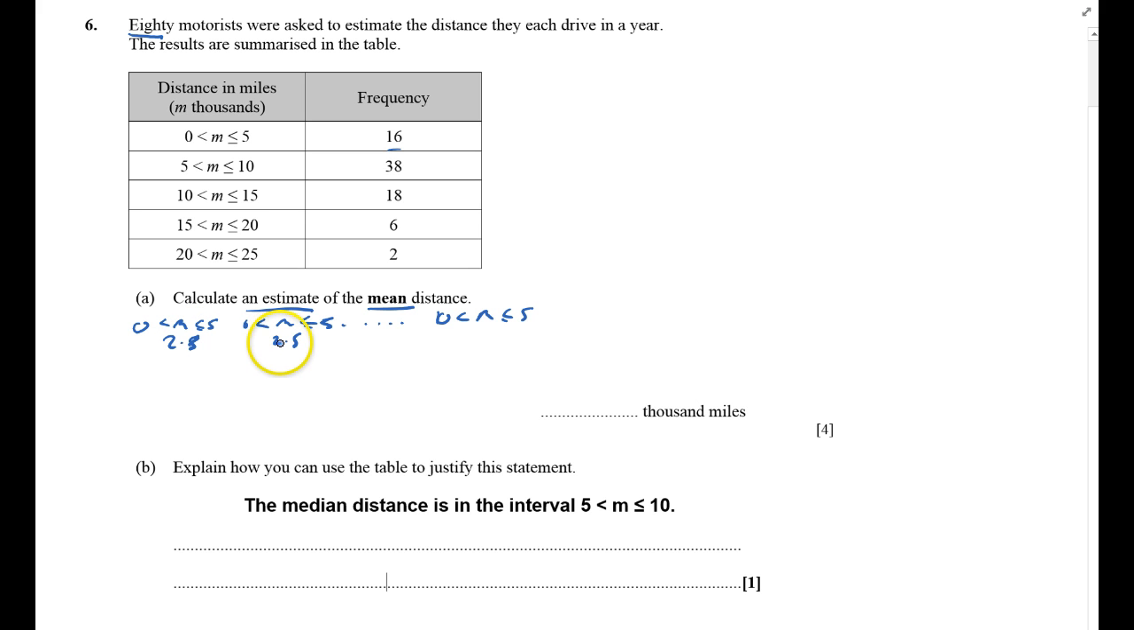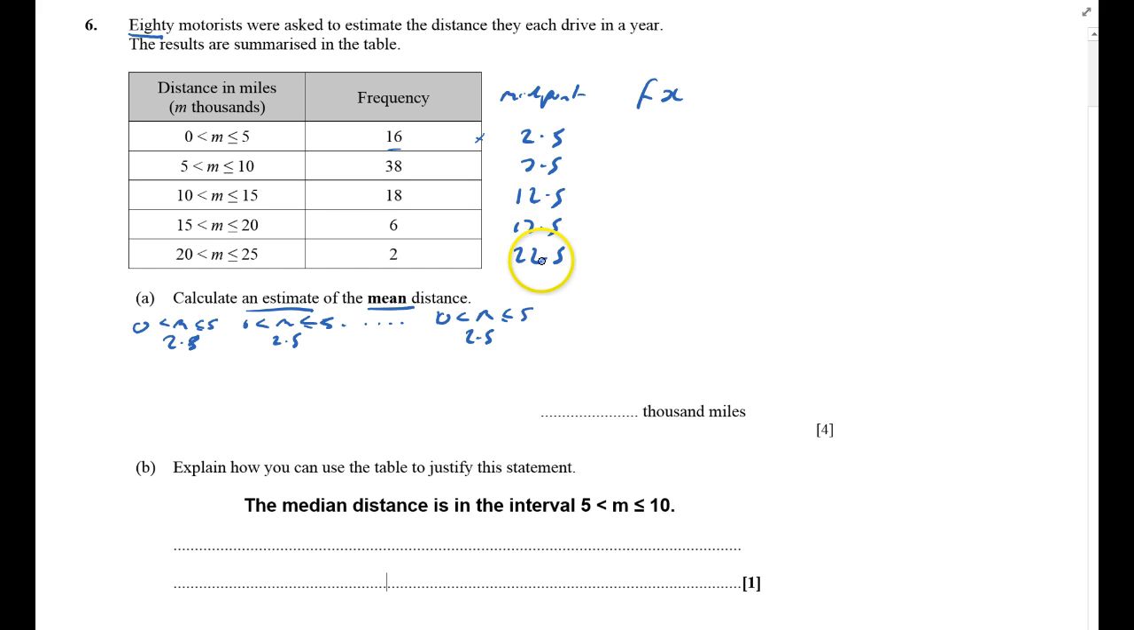We take the midpoint, and this will be why it's an estimate, because I'm having to make this assumption to start with. So I need a midpoint column. Midpoint between 0 and 5 is 2.5. That'll be 7.5. 10 and 15 will be 12.5, 17.5 and 22.5. And then you also need a frequency times the value, because I've got 16 2.5s,